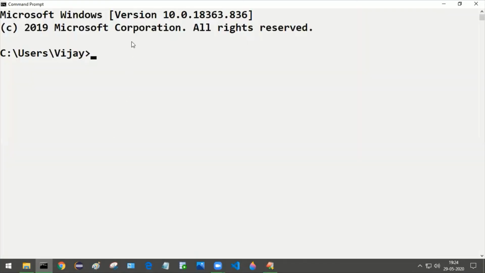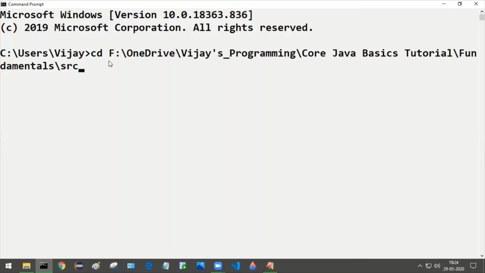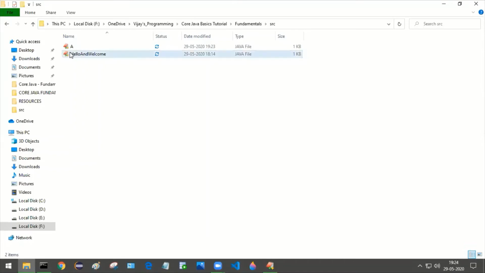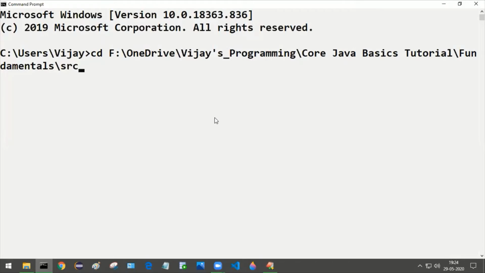Come to the command prompt, type cd, give a space and press Ctrl V. cd stands for change directory, and here I have pasted the path I copied. That is where our file A.java is kept. If you are using Windows 7, you just need to right click and choose the paste option. Now press enter.